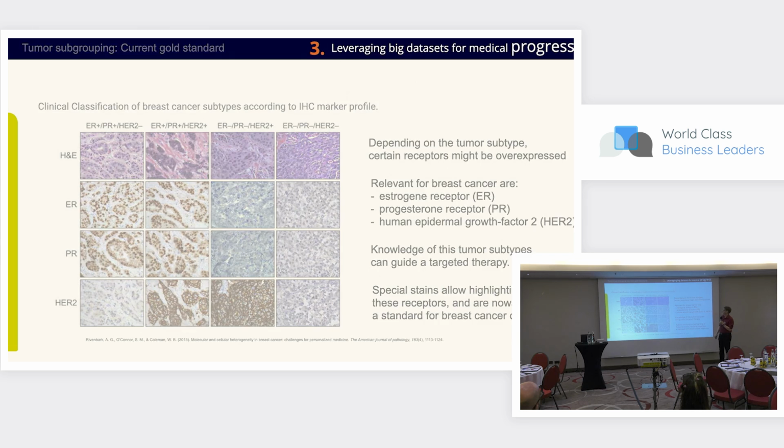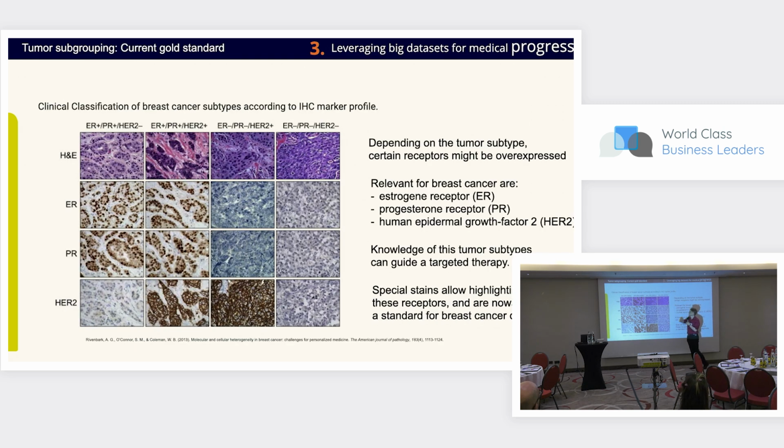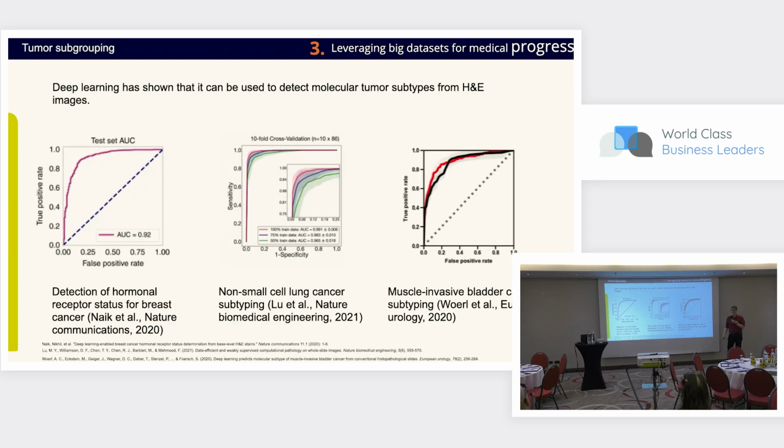Well, now, what is current research showing? And this is really current stuff, 2020, 2021. First of all, it's showing that we can derive pretty much the same information also from this stain above here. So we might look into a future where we actually don't need these, because AI will be able to derive these for us. So this is one of the things that makes me kind of hopeful. The other thing is that,